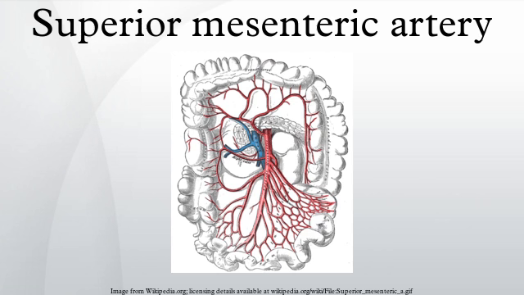After passing the neck of the pancreas it starts giving off its branches. The middle colic, right colic, and ileocolic branches anastomose with each other to form a marginal artery along the inner border of the colon. This artery is completed by branches of the left colic, which is a branch of the